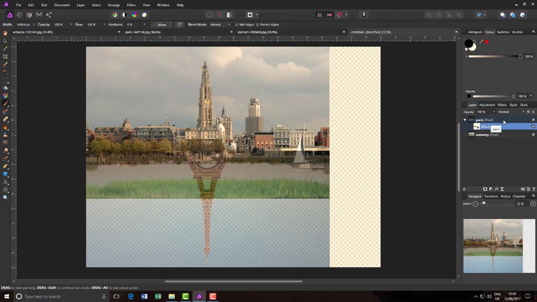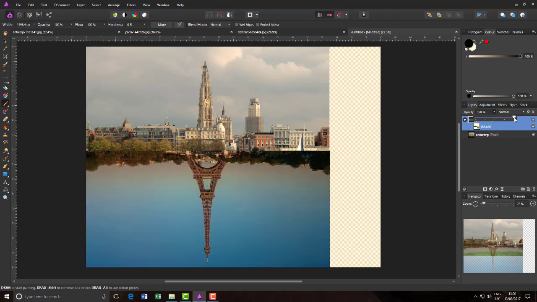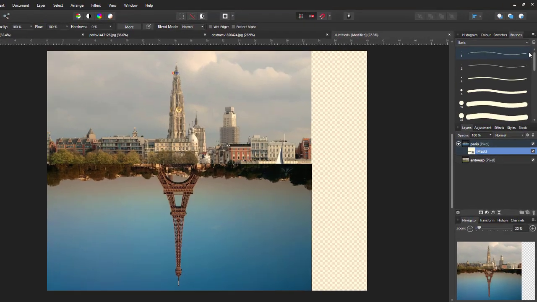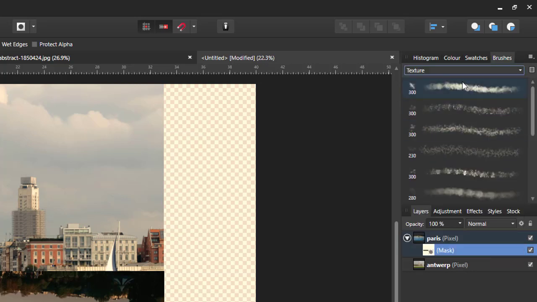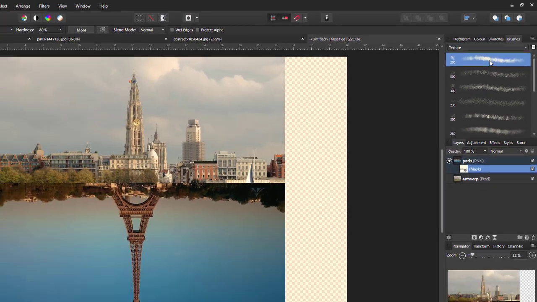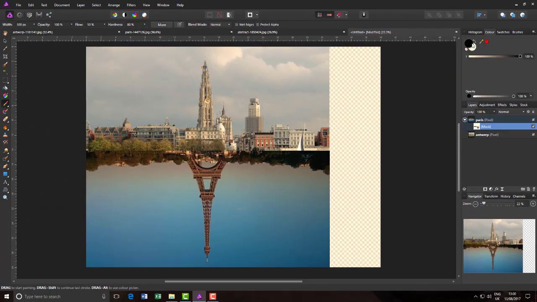Right, I can now highlight the top Paris layer and increase the opacity back up to 100%, and I will just click on the icon for the layer mask again, and I'm going to change the brush from the basic selections to the textured ones, and I'm just going to pick the first one, come back to the colour to make sure that it's black, that it's still the foreground colour, and I'm just going to paint along this line here